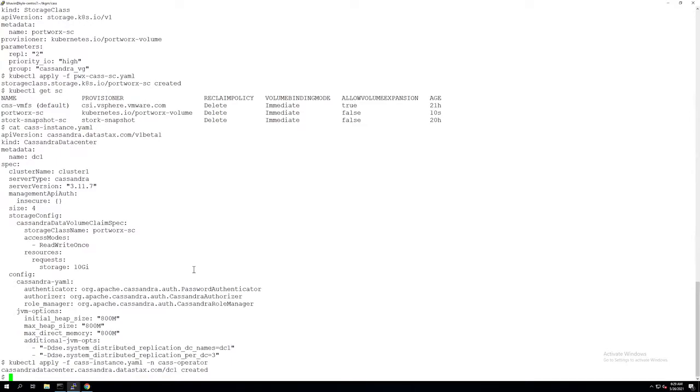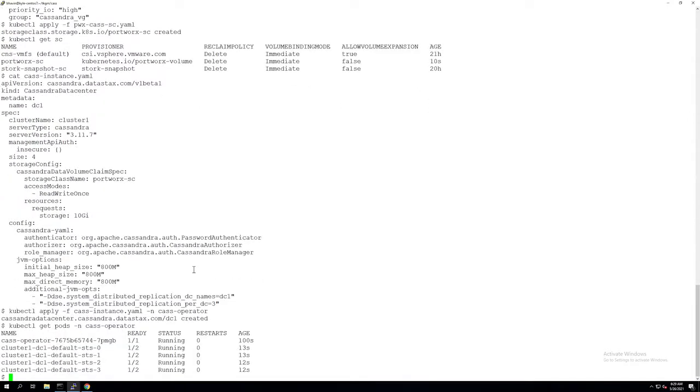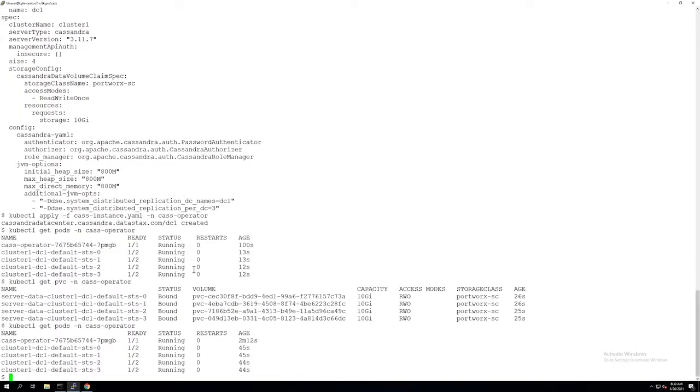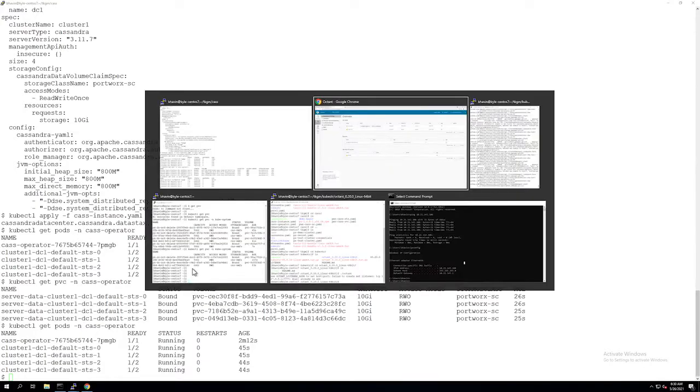As part of the deployment, it deploys 4 pods with multiple containers in each pod. If we do a get pods to look at the status, you will see that it's slowly coming online, all the 4 nodes. Each Cassandra pod has an init container which performs some initial tasks, and then that's followed by the actual Cassandra instance deployment. As you can see, each Cassandra pod already provisioned and attached a persistent volume from the Portworx storage class and is ready to go. Let's check back and see if the pods are online right now. As you can see, they're still in the initial phase.